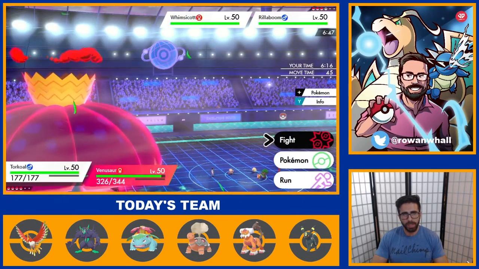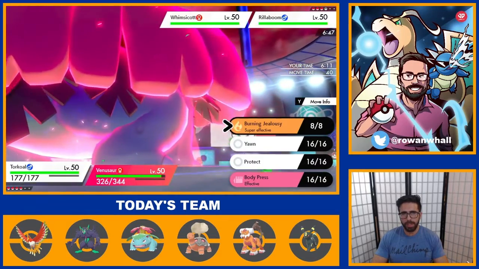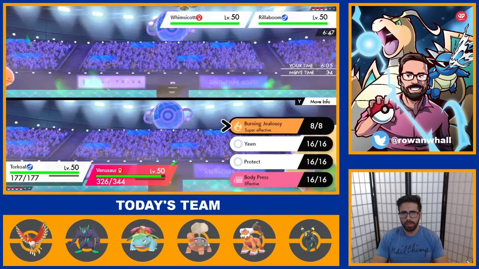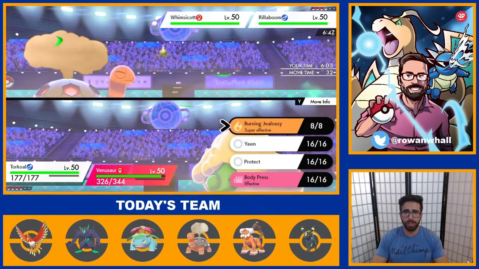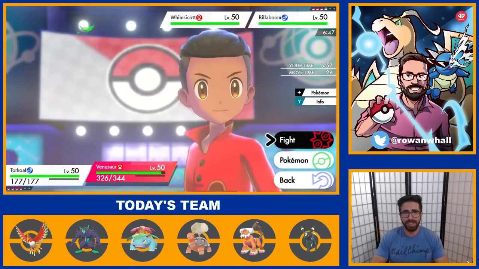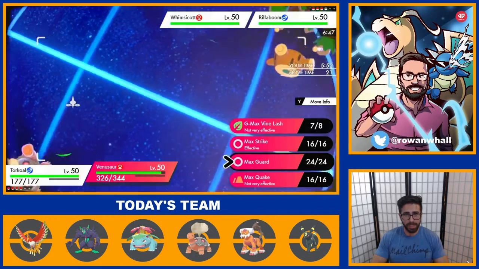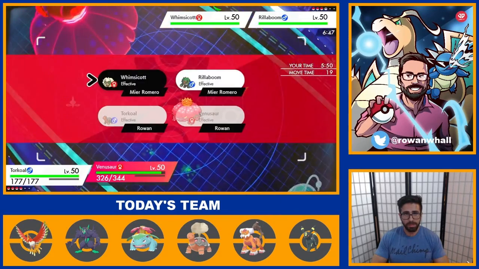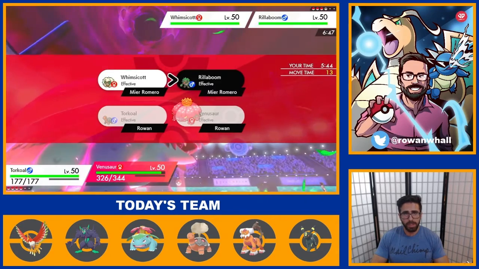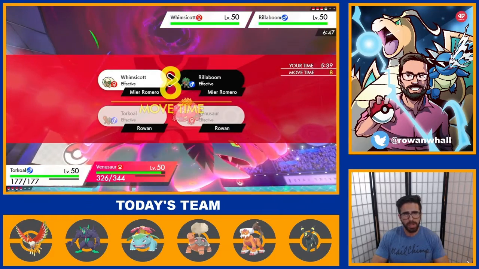Okay, so now they bring out Whimsicott, which is interesting. One thing I fear here is Eject Button shenanigans, just Switcheroo in general. With that said, if they do that, then they have to ignore Torkoal. So my personal opinion is that we should just go ahead and kill them. They have to focus into one of those, basically. So Max Strike, it's labeled as Max Strike, it's actually a Max Flare. So we can launch that into...